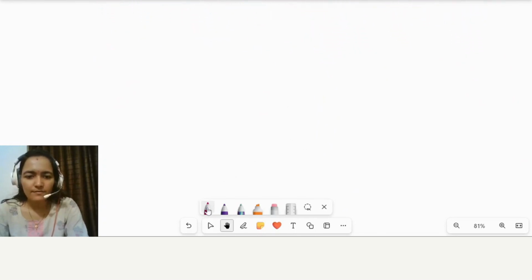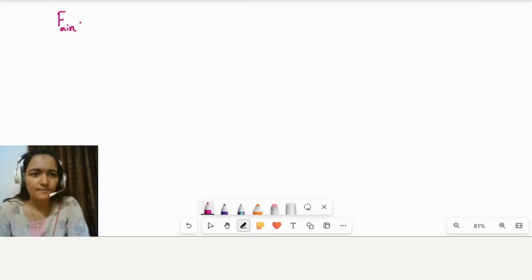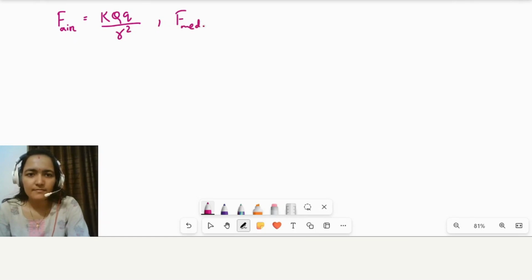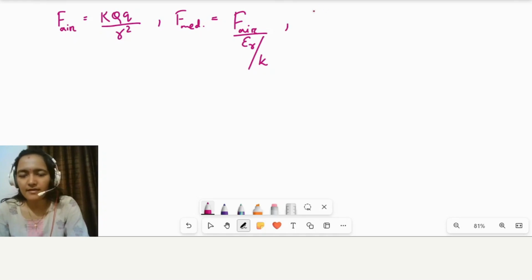Now let's find the force. By now what we learned: F air is equal to k q by r square. F medium is equal to F air by epsilon r or small k. And another formula, absolute permittivity is equal to epsilon naught into epsilon r. And another thing we learned, epsilon r is 1 for